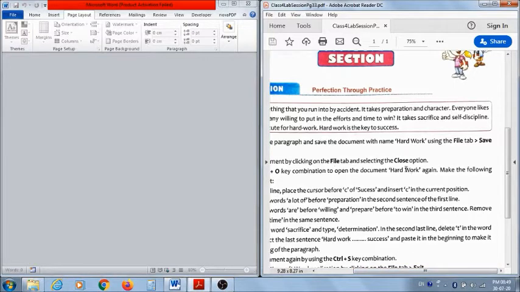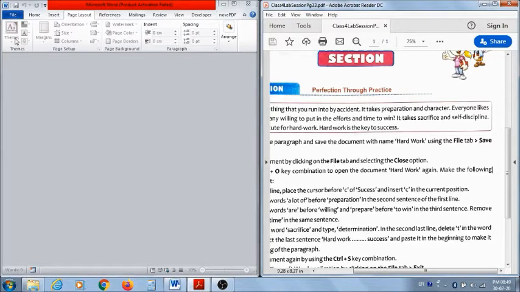So here it was told to save the document with hard work. I have saved it with first. Why I have done it little different? So that it's not mandatory that you have to save only with one name. You can give your convenient name to the file.